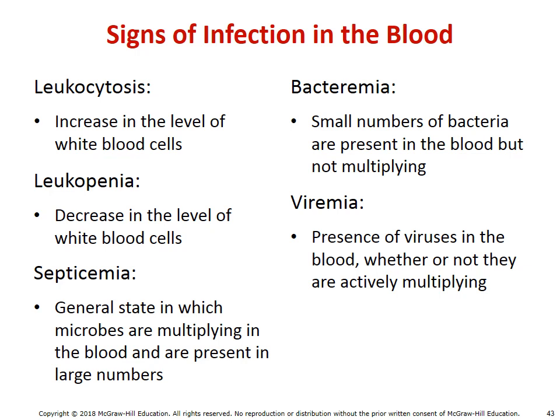Septicemia is going to be a general state in which microbes are multiplying in the blood and are present in large numbers. Again, we often refer to these patients as being septic, and as you're probably well aware, that's a pretty bad place to be. With bacteremia, on the other hand, we still see bacteria in the blood, but they're not actively reproducing, and they're typically at smaller levels. Thus, again, we're not quite as bad off as we were with the septic state. Viremia is the presence of viruses in blood, and it doesn't really matter whether they're reproducing or not. We simply just call viruses in the blood viremia.